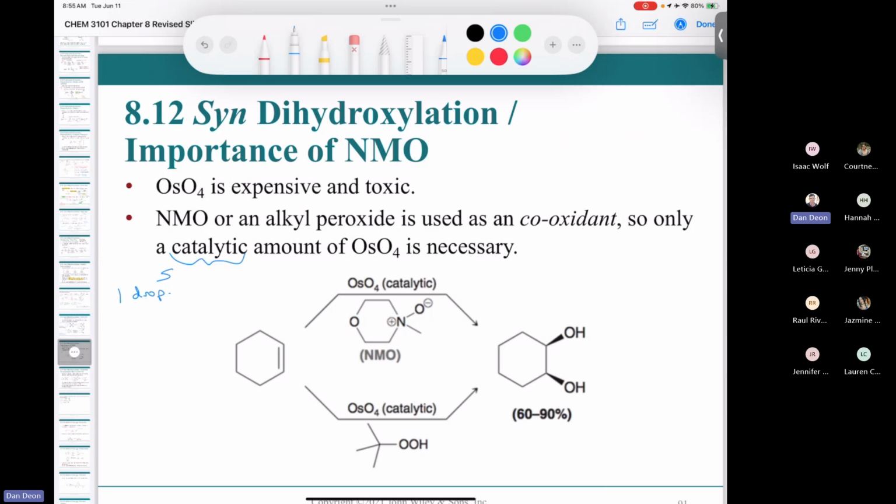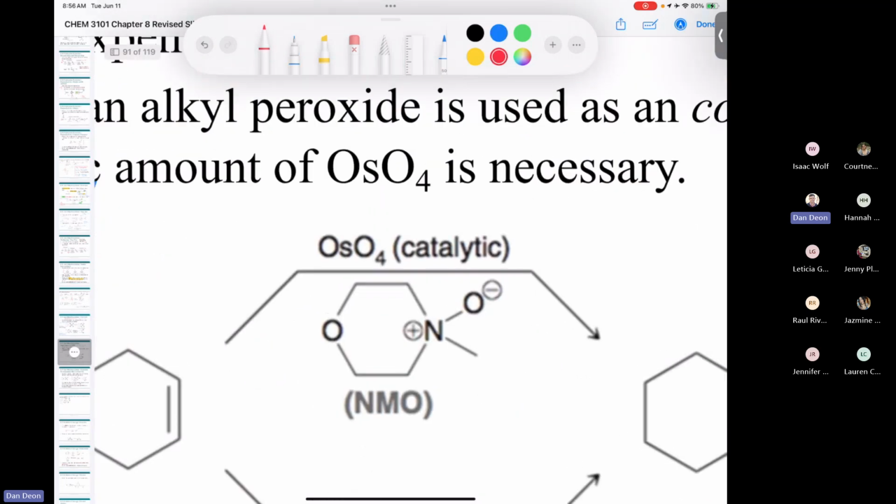This mechanism is not covered in the textbook whatsoever, but there are 2 possibilities for your co-oxidant. You can use NMO, and NMO stands for N-methylmorpholine N-oxide. Now, an N-oxide is a functional group that we don't study in detail at all in our class, but if you're wondering what the heck that is, it's got a positive and a negative charge in the same functional group, so they neutralize each other. That's called an N-oxide. Again, it's a functional group we don't study in detail,